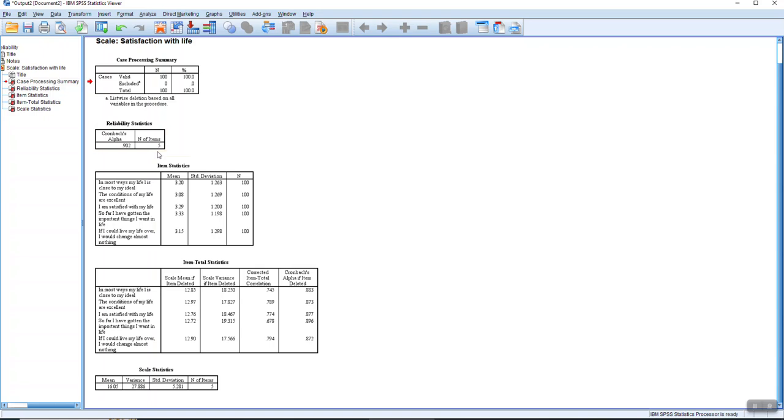N of items shows that I had 5 scale questions for measuring my variable, which was satisfaction with life. The third table in my output is the item statistics table, which shows the mean and standard deviation of all the individual scale questions I used for the evaluation of satisfaction with life. So you can see that